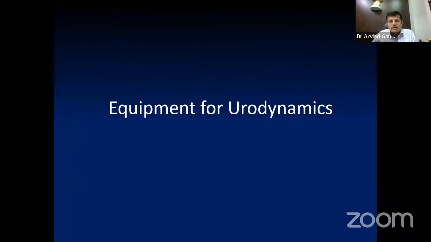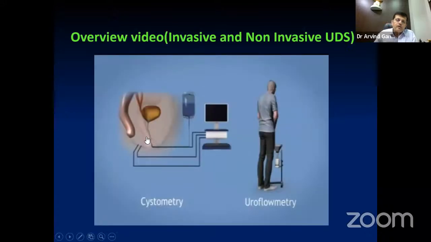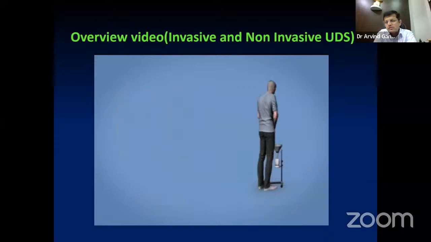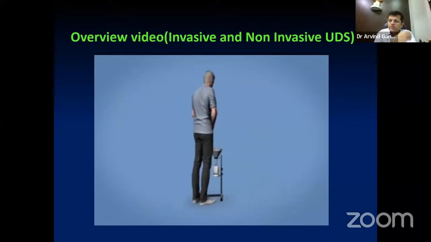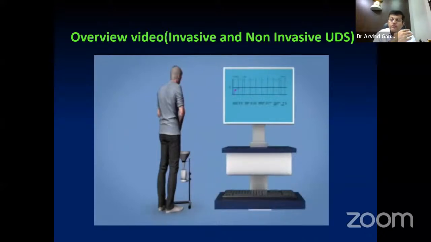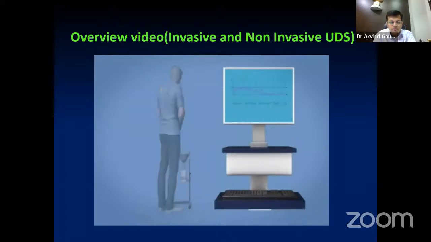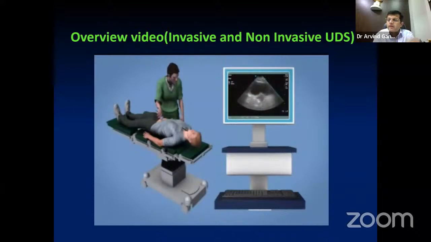We move a little bit ahead and talk about the equipment that is required for urodynamics. Let's first go through this schematic diagram, which shows the different steps of urodynamics. Always, a urodynamic study starts with a free flowmetry. Always do a free flow on the uroflowmetry. Once that is done, you'll realize what the pattern of your flow is, what you are expected to see in the actual urodynamic study, how much residual urine the patient is going to leave behind, and what the approximate bladder capacity is.